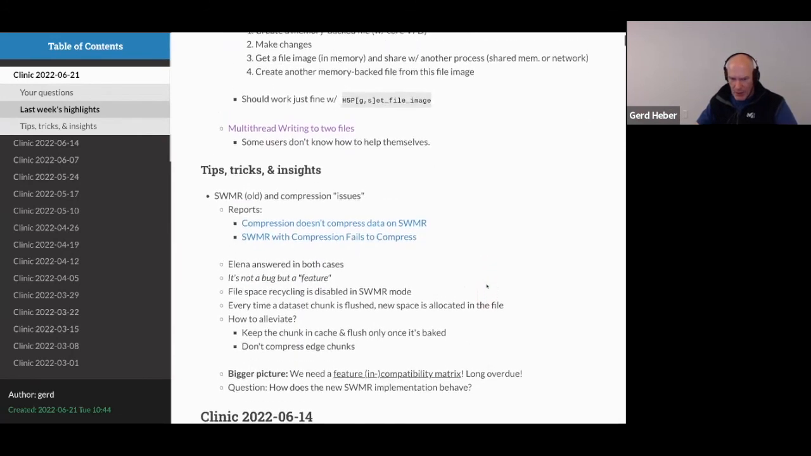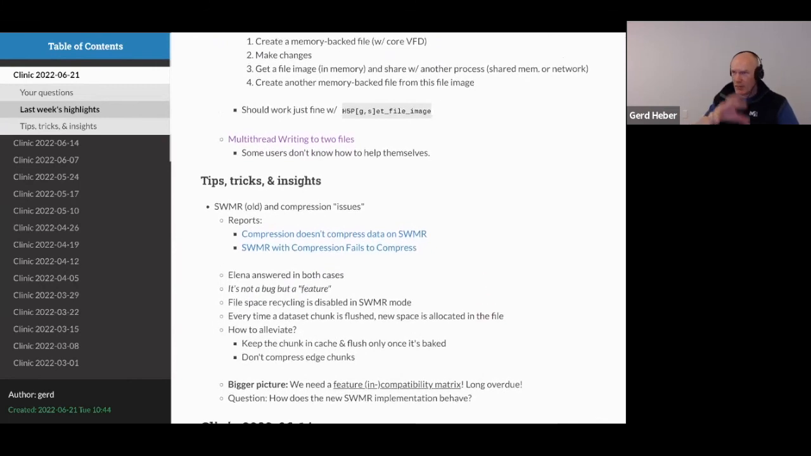The bigger picture here is, unfortunately, a lot of this information exists in a forum, or is hidden in documentation here and there. And I think what we should do is create what I would call an HDF5 feature incompatibility matrix, where the columns would be labeled by feature. It could be something like SWMR, VDS, region reference, data type, something like that. And then you would have this matrix of rows and columns, and into a cell,